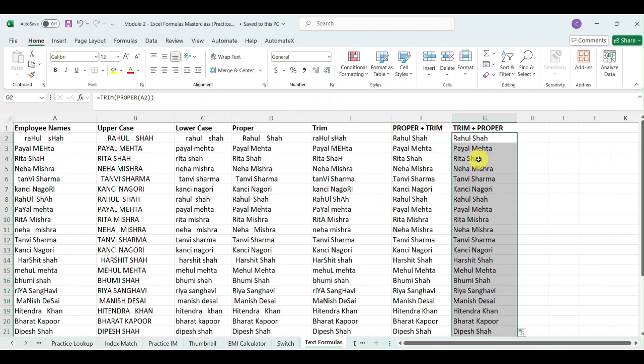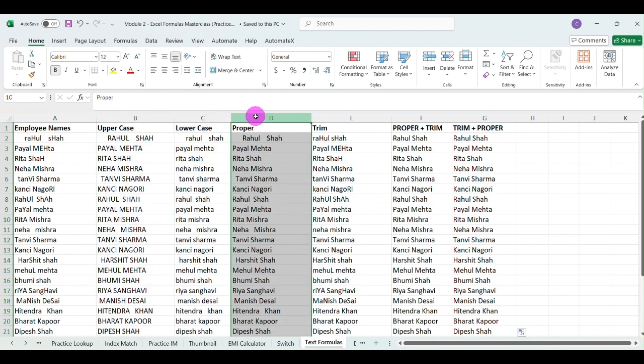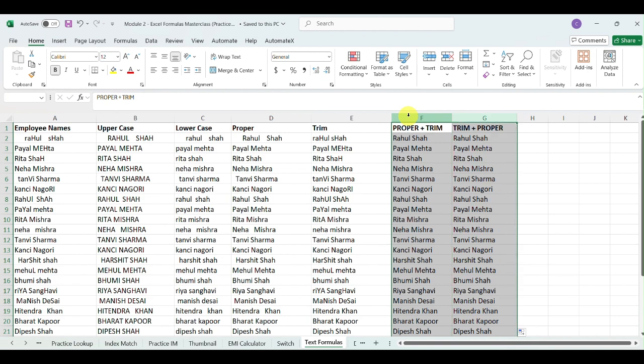So see, you can use these formulas to write all these kinds of names, text or anything as you want. Suppose somewhere you want to make everything capital, you can use the uppercase formula only if the space issue is not there, additional spaces are not given. If you want to write it only in lower format, go for it. If you want to write only proper, definitely. If you want to just trim, that is, just remove the additional spaces given there, you can use this, or you can use these combos.